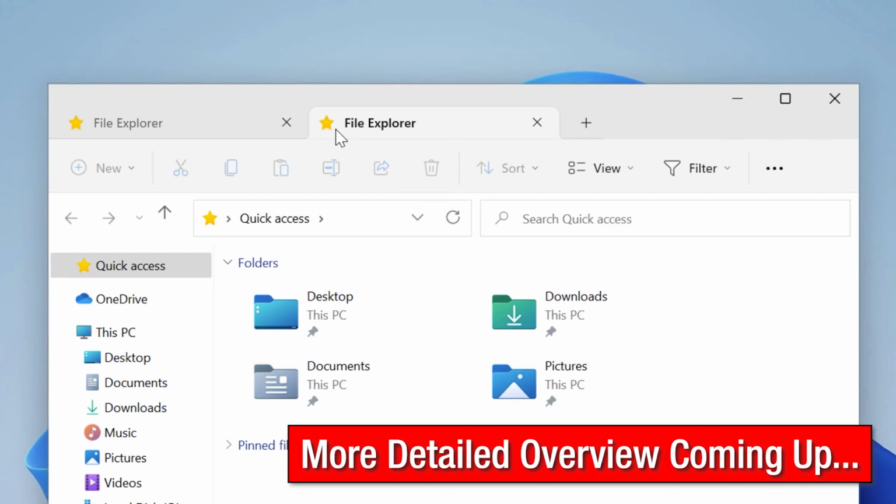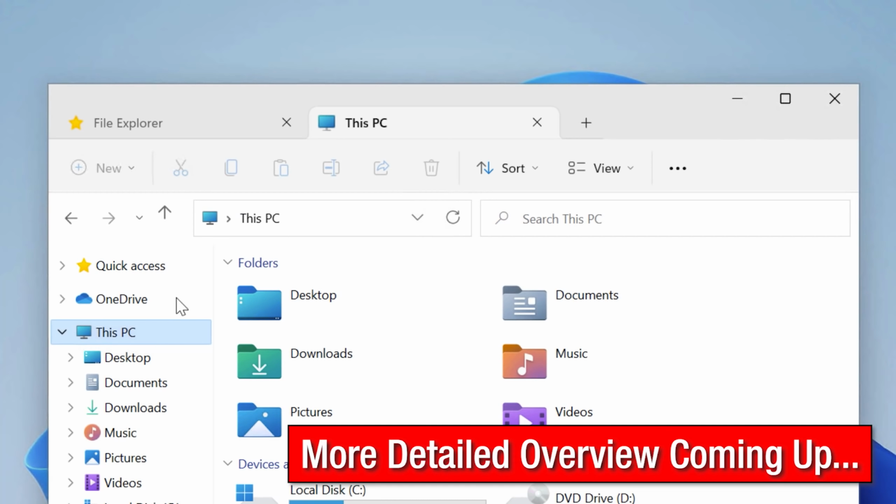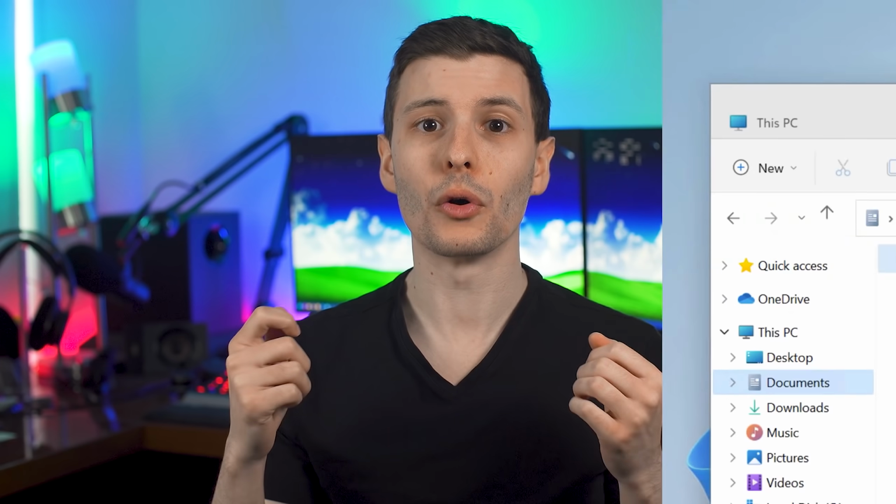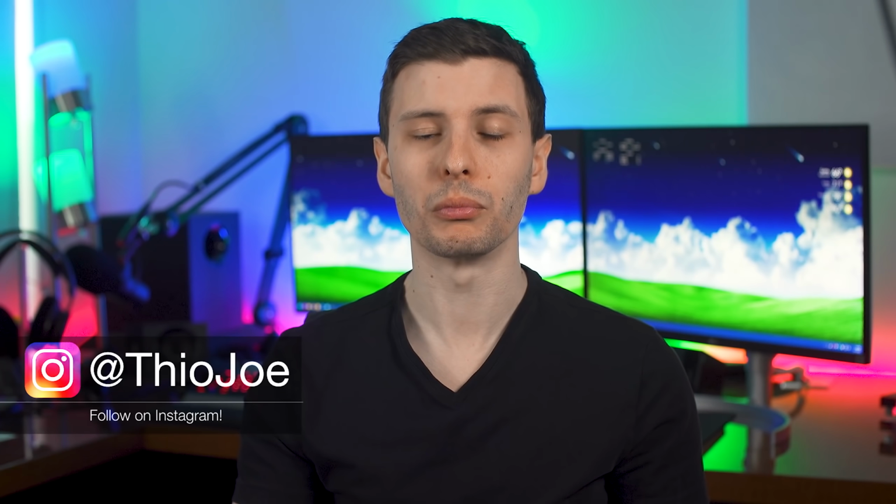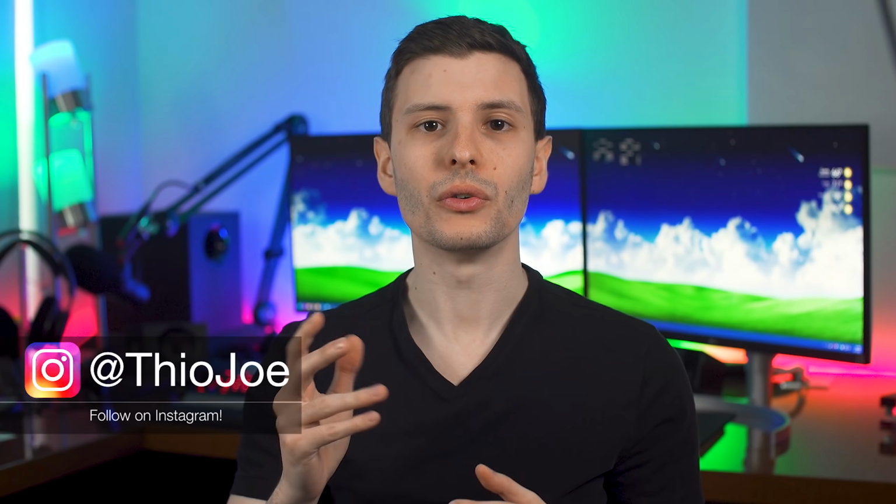It's finally happening. File tabs in Windows Explorer, or at least almost certainly. There are a few caveats I have to mention before you get your hopes too high. So basically, yes, the feature of file tabs in File Explorer has been added into a dev channel build of the Windows Insider program, the early release basically. However, that doesn't necessarily mean it's 100% going to end up in the final version of Windows.